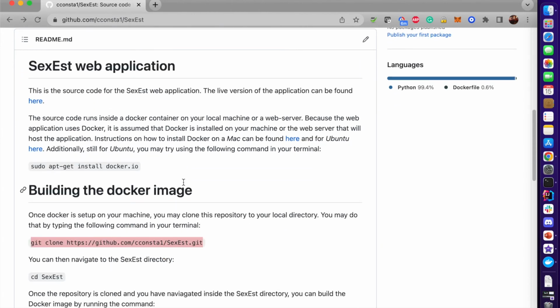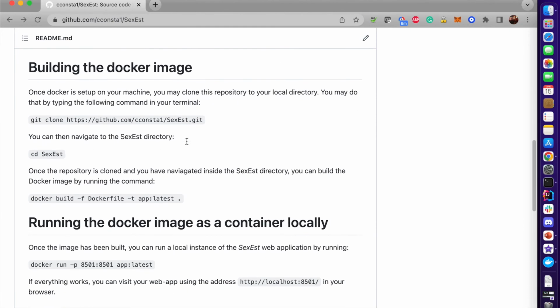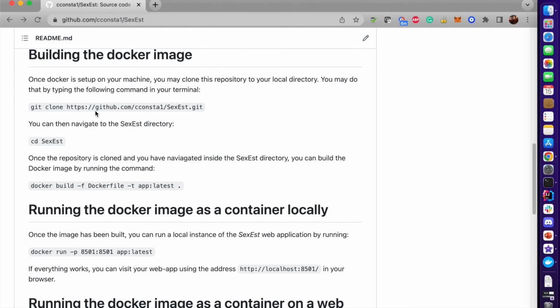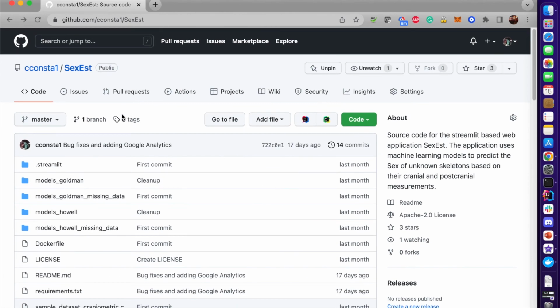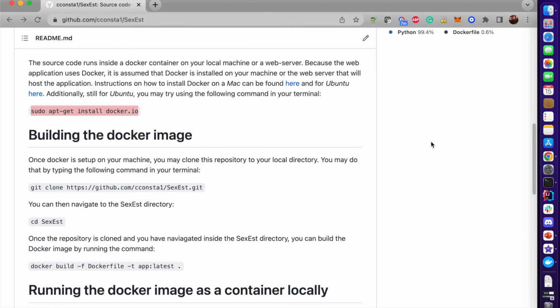The first step, which is crucial, is to have Docker installed on your machine. This command installs Docker on a Linux machine, but you can follow these links here to get instructions on how to install it on a Mac and Windows. So to build the Docker image, first of all, you have to fork this repository onto your local account. This is the first step you have to do. I cannot demonstrate this part for you because I'm in my repository, so you have to be in your